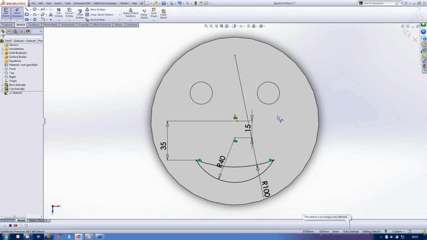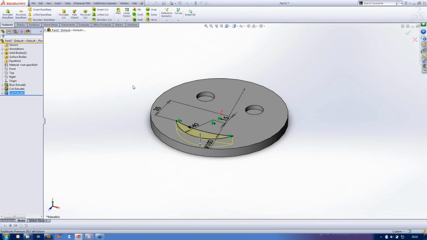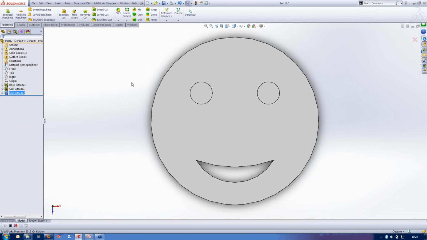Oh, no, I don't need that one. Apologies. So we've added all of our sketch items in. I'll just make that a final cut. Hit the tick. And now we can see I've made myself a smiley face, and I've been recording all the